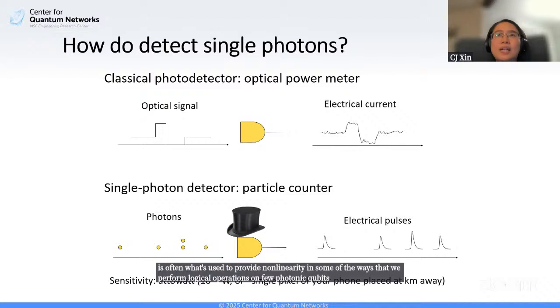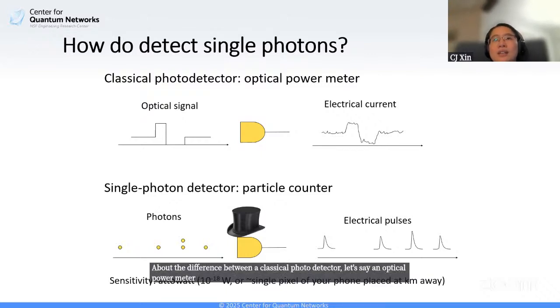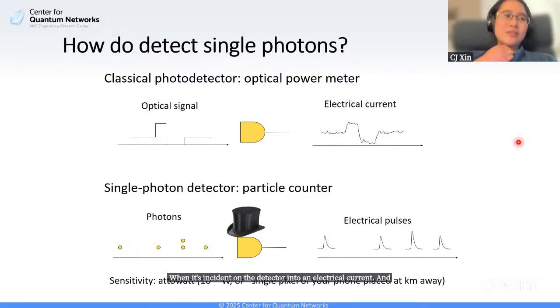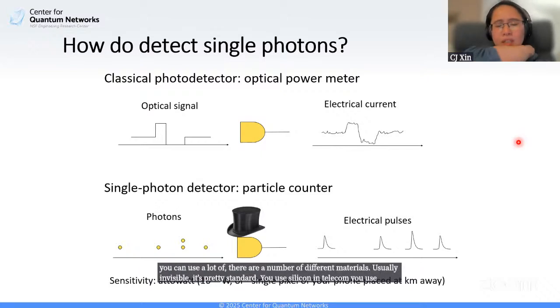And the first thing I want to highlight is the difference between a classical photodetector, let's say an optical power meter, compared to a single photon detector. A classical photodetector turns an optical signal, in this case like power, when it's incident on the detector, into an electrical current. There are a number of different materials you can use. For visible light it's pretty standard to use silicon. In telecom, you use